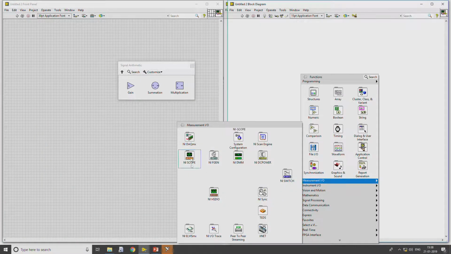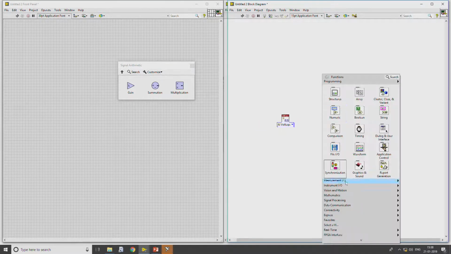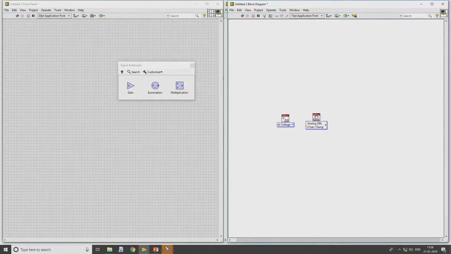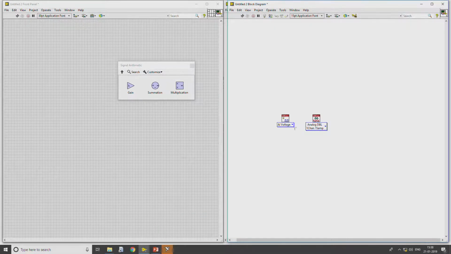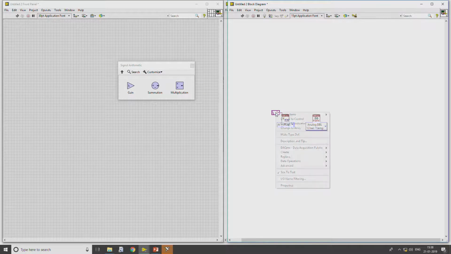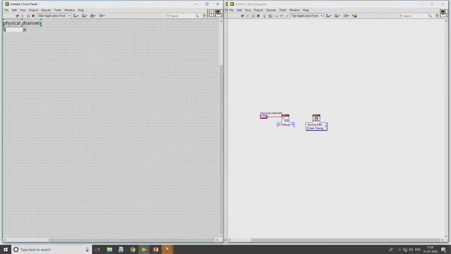In this case I will go to NI, create a channel, and then read the channel, then display it, but which channel? For that I will create a physical channel, change it to control, and rename this as sensor channel.